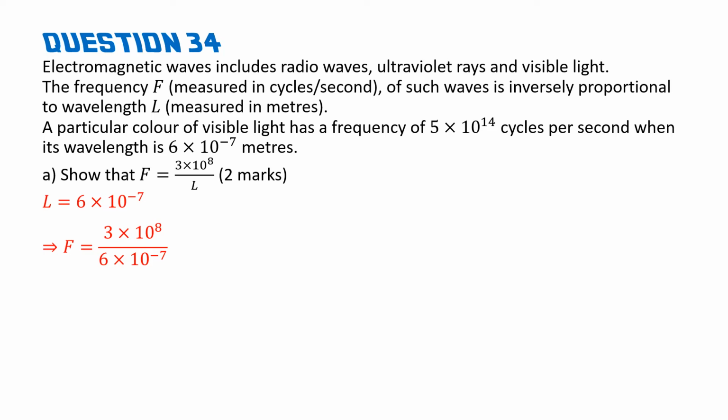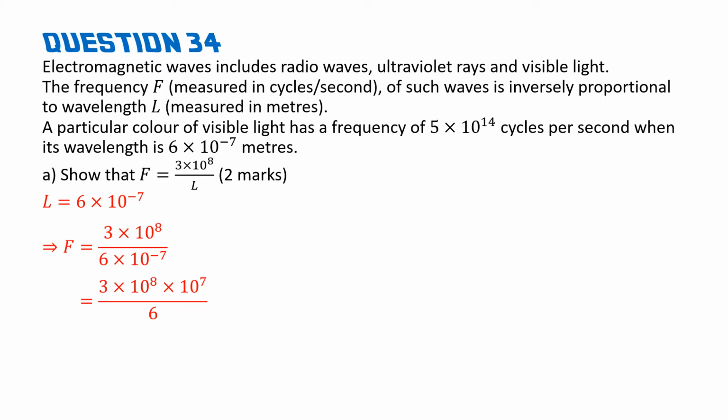So if we had 10 to the negative 7 on the top, I could bring it to the bottom and change the negative to a positive. But what we've got is 10 to the negative 7 on the bottom, so that means I'm going to bring it to the top to make my negative a positive. So what we end up with is 3 times 10 to the 8 times 10 to the power of 7